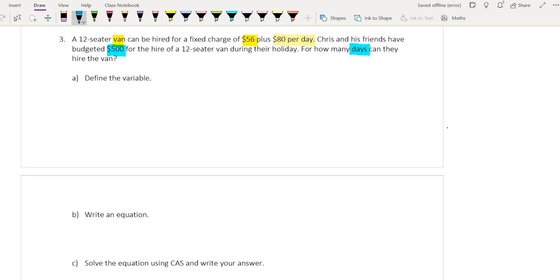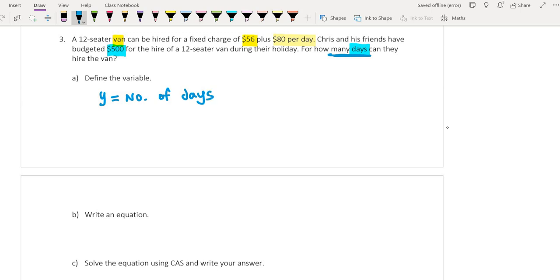So again, we obviously are looking to construct a linear equation here. And defining the variable, we need to think about what we're trying to solve for. We're trying to solve for how many days. So I'm just going to use y to represent the number of days that we can hire this van,